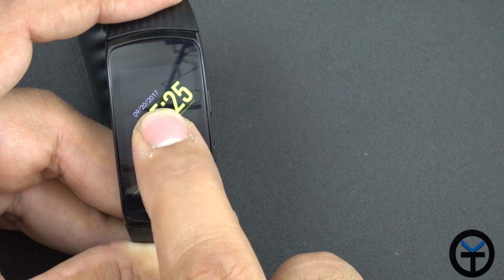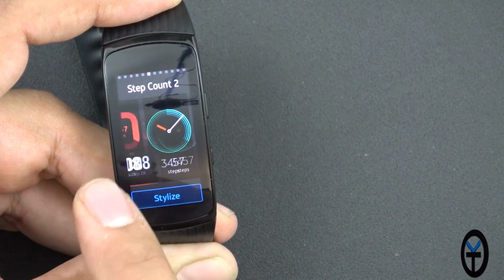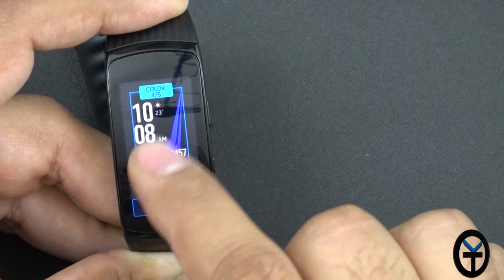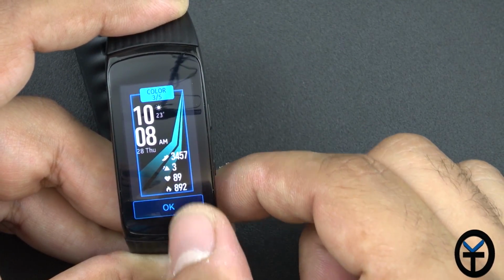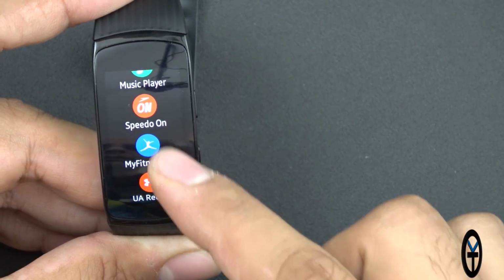Overall, very nice. Let's see what other watch faces we have. We can stylize different ones, and there are different ones that are already installed. Very similar to the ones we've had before. You can change the different colors on it, and that's basically about the only stylizing option on it. Clicking the home button one more time takes you into the options where you have your music player,